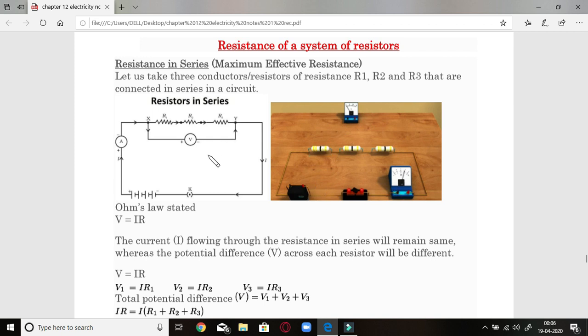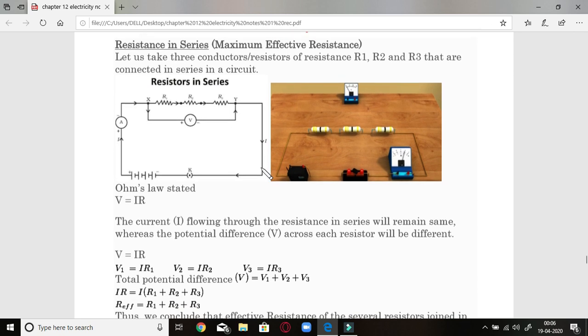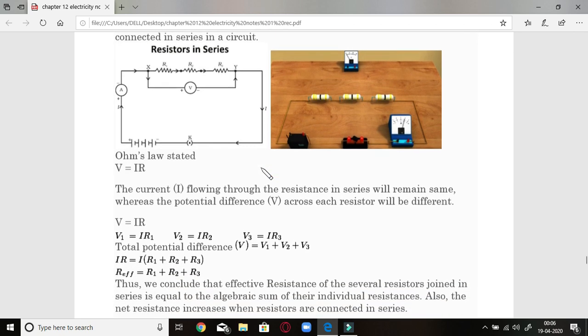Let us see its circuit diagram here. Now this is a battery, then a key which you have seen here, and then wire, and then this is an ammeter present here. Three resistances are there, and along with the three resistances we have placed a voltmeter here with positive terminals of all of them on one side, and current is flowing from the positive terminal toward the negative terminal. So this diagram shows the resistors are connected in series.